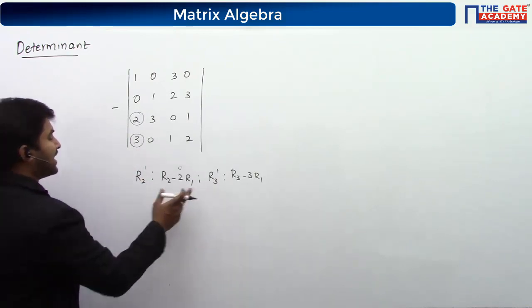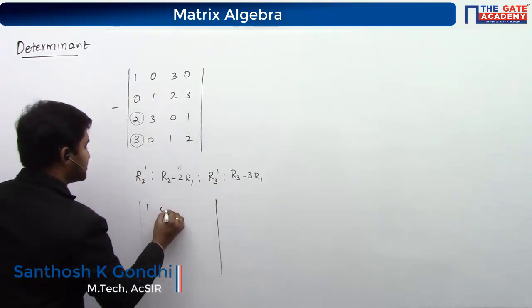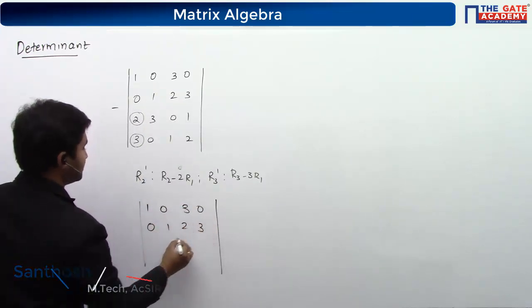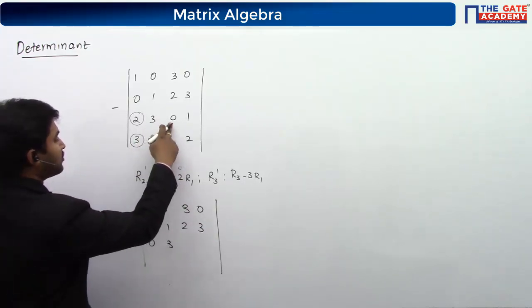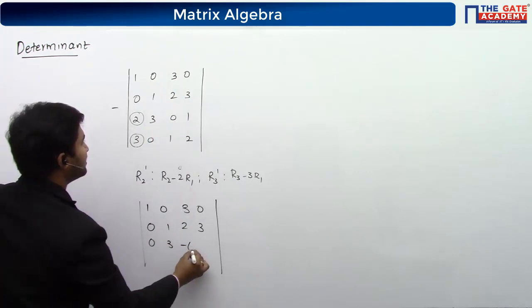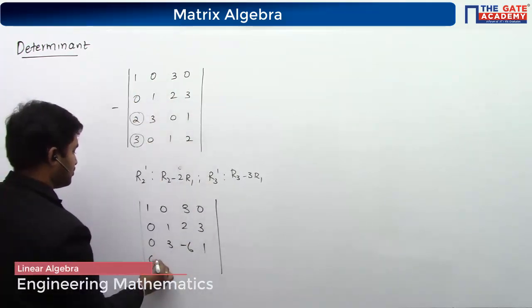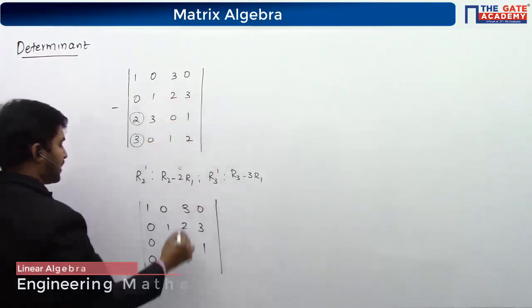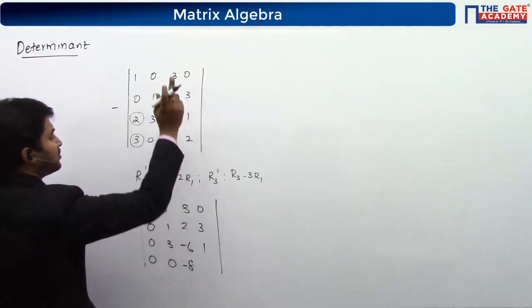So I'm going to apply these two operations. So what it is going to become: 1 0 3 0, 0, 1, 2, 3, 0, this element becomes 3 only. Here you're going to have minus 6 and here you're going to have 1. 3 minus 3, 0, 0 here, 1 minus 9 is minus 8, 2 minus 0 is going to be 2,